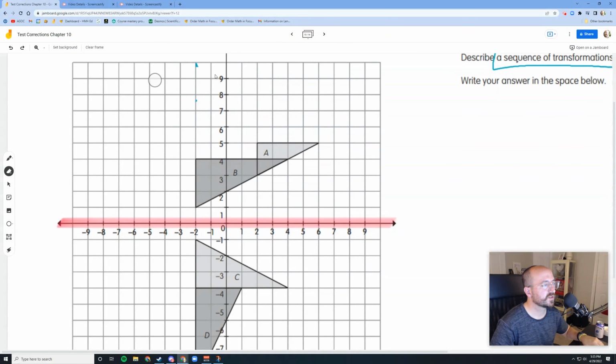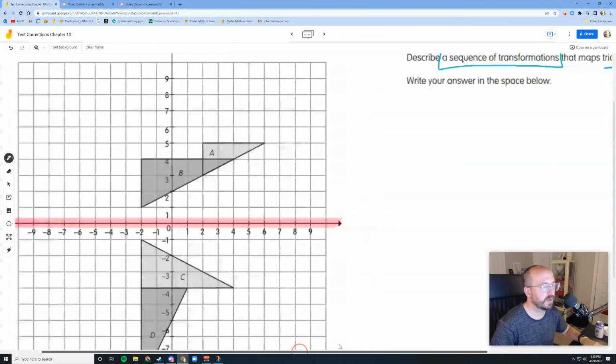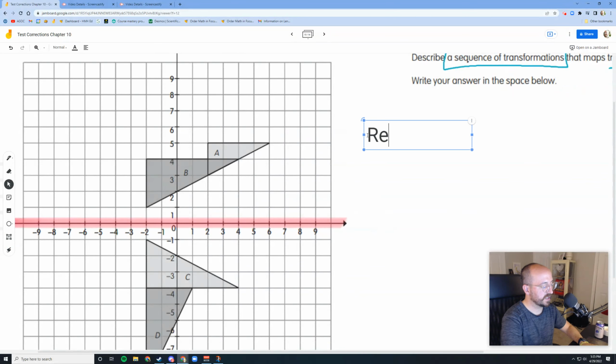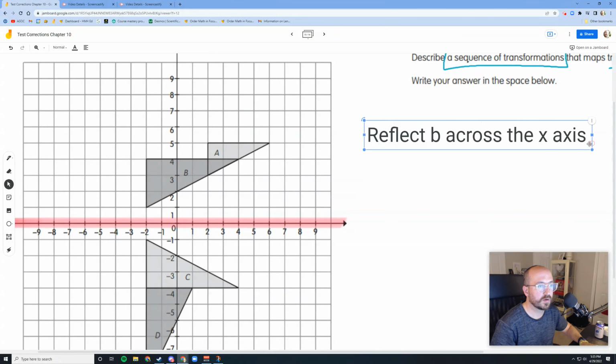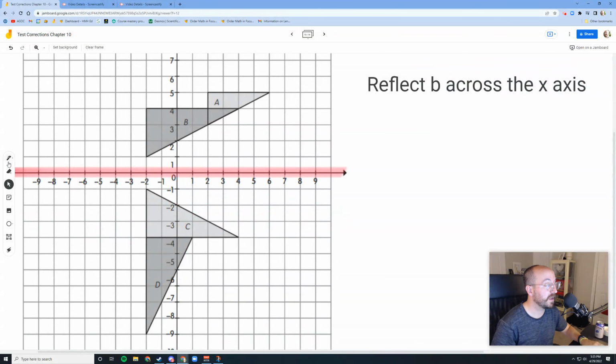Let's do another way. There's a reason why C is there. Let's reflect it. Reflect B across the x-axis. Boom. It would turn into C, right? So now we can literally see what it would be. So if I want to get to C to D, I could put my finger or whatever on this point right here, which is an invariant point,